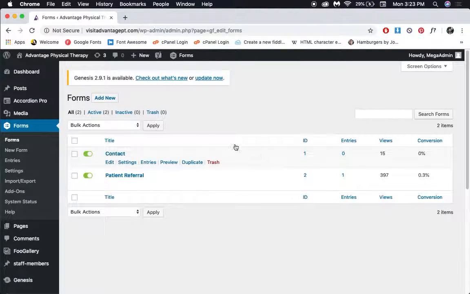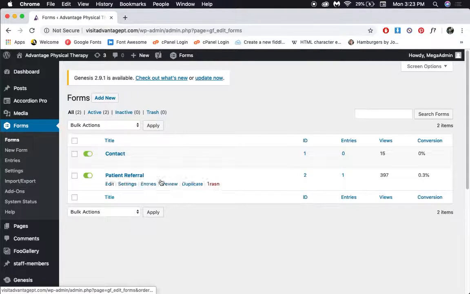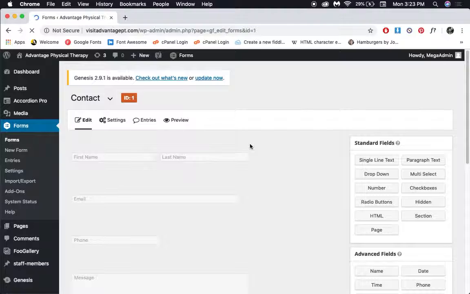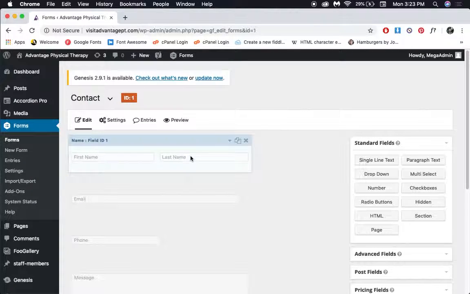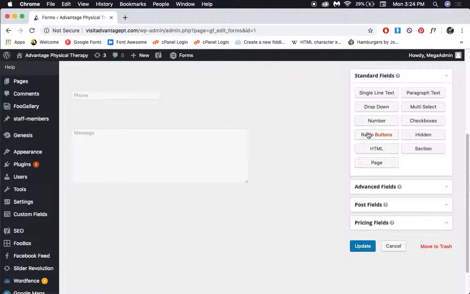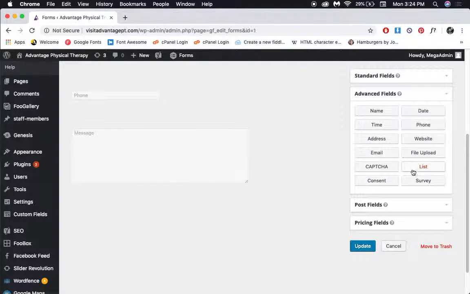Forms is what we'll cover next. Here is where all the forms on your website will be located. Right now you have a contact and a patient referral form. If you ever wanted to change the entries on here, for right now you have name, email, phone, and then message. Let's say you wanted to add